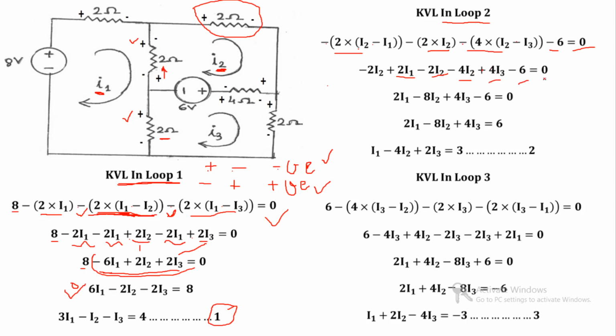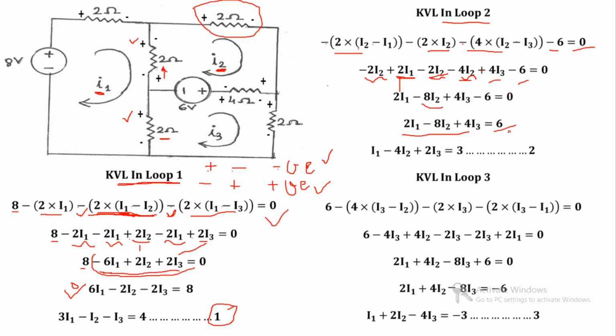Now consider the arrangement as I1, I2 and I3 and constant. So the I1 term is only a single term, that is 2 I1, this is minus 2 I2, this is again minus 2 I2 and minus 4 I2. So that will become minus 8 I2. Again the I3 term is only a single term, so we will keep 4 I3 as it is, and this is minus 6 equal to 0. Now arrange the variables on one side and the constant on the other side, so that will become 2 I1 minus 8 I2 plus 4 I3, minus 6 will go to the right hand side of equal to, so it will become plus 6.